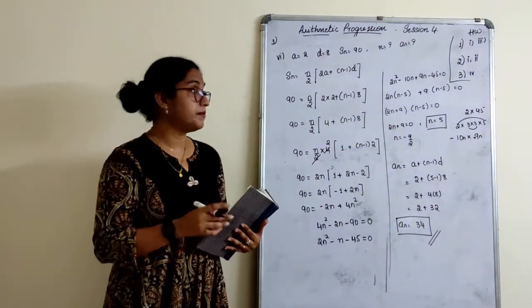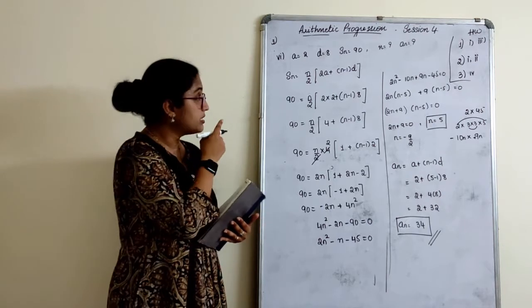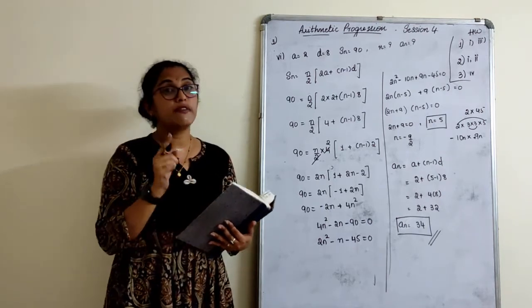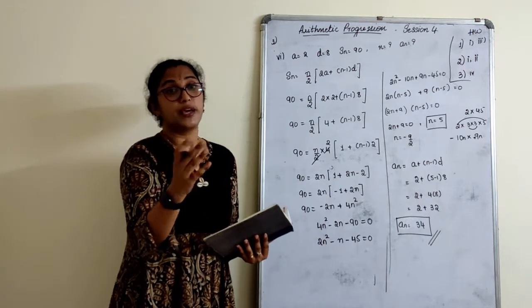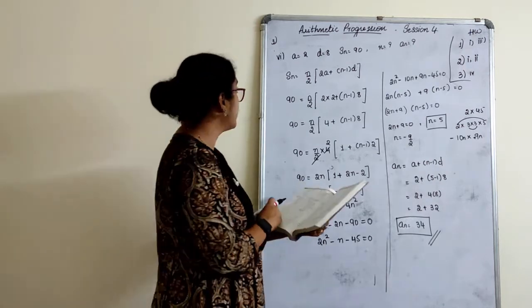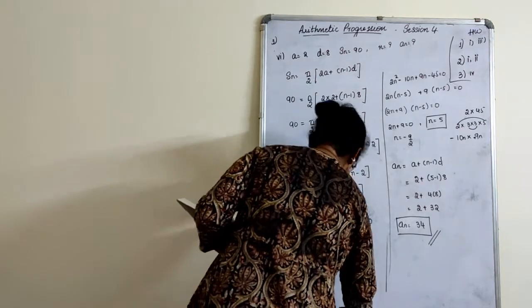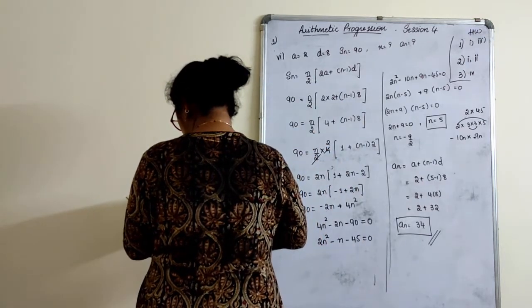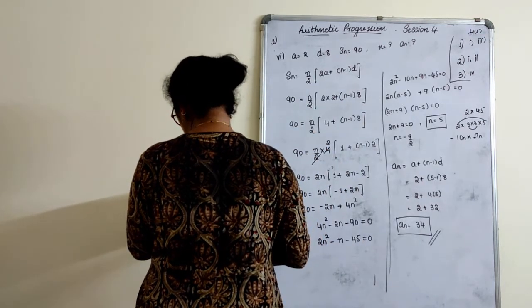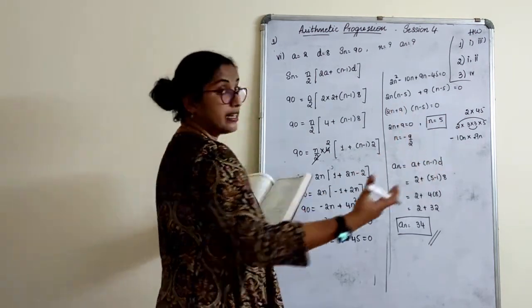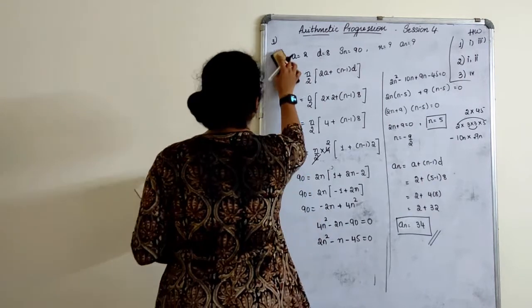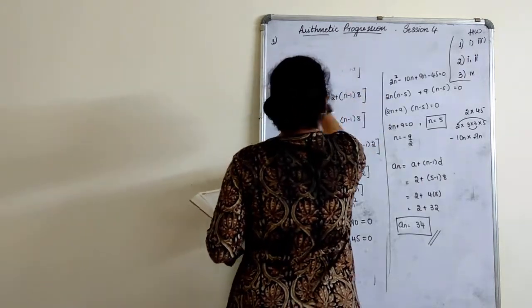Right? So always remember, whenever you are finding n using the Sn formula, it will always be a quadratic equation method. That is a quadratic equation you get, where you have to simplify and get the terms. Quickly, we'll start with the 7th one. And we will stop at the 7th one, because from the 8th one we will continue in the next session. So today's session will end with the last sum now.